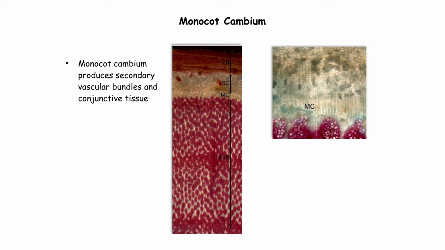And so towards the inside, it's making secondary vascular bundles, which are these little red groups here, as well as conjunctive tissue. And then towards the outside, it's making a secondary cortex. And these are actually the remnants of leaf bases on the very outermost part. Now, if we look at a little higher magnification of this region, you can begin to see the cell